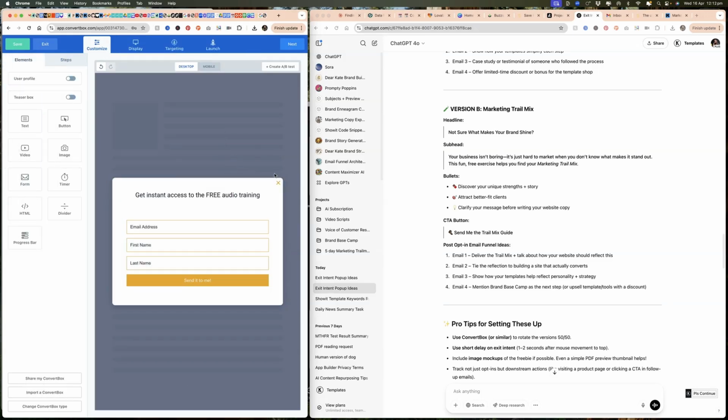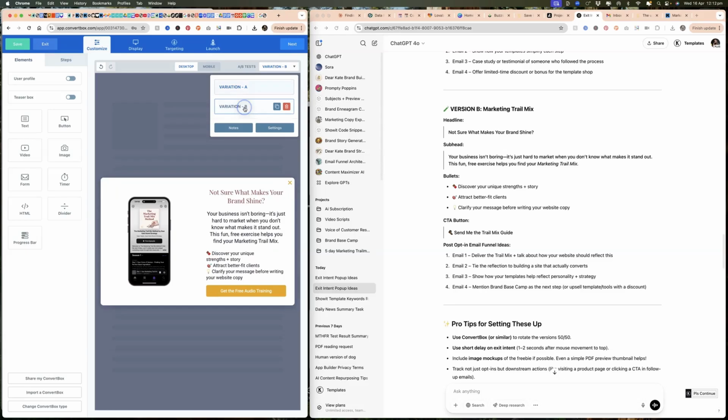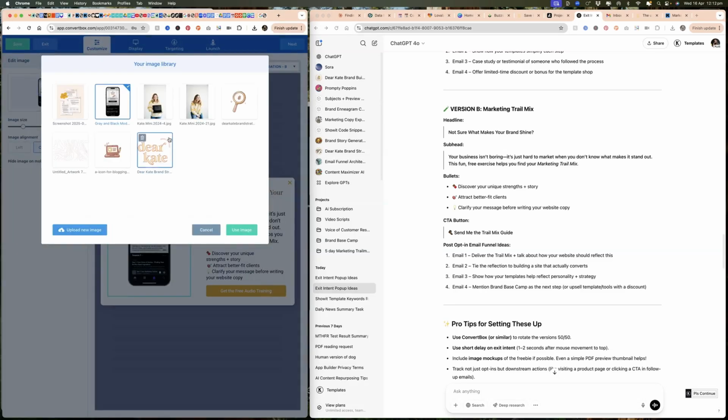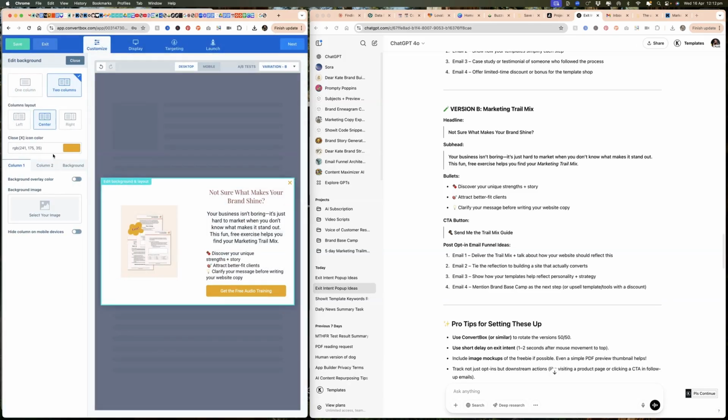So that's number 1, and then we're going to create an A/B test, and it's going to go ahead and just duplicate version A, and then we're going to go into version B, and we're going to just swap everything out. So I'm going to remove this image, and I'm going to put this one here. I'm going to edit the background,